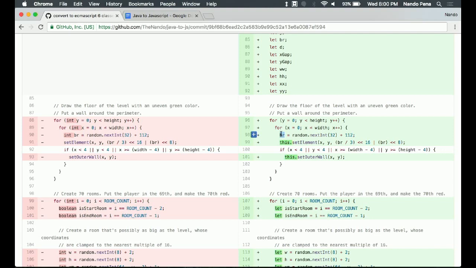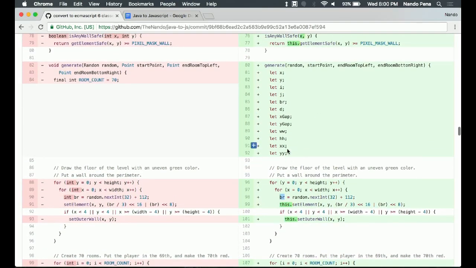I'm the type of guy that loves pre-optimizing. I always hear that pre-optimizing is bad. I never heard a good explanation for why that is yet, and so I continue to pre-optimize in my day-to-day life. So one pre-optimization we can do is we're going to use an ECMAScript 6 feature called let, which manages the scope of the variable that gets created much better.